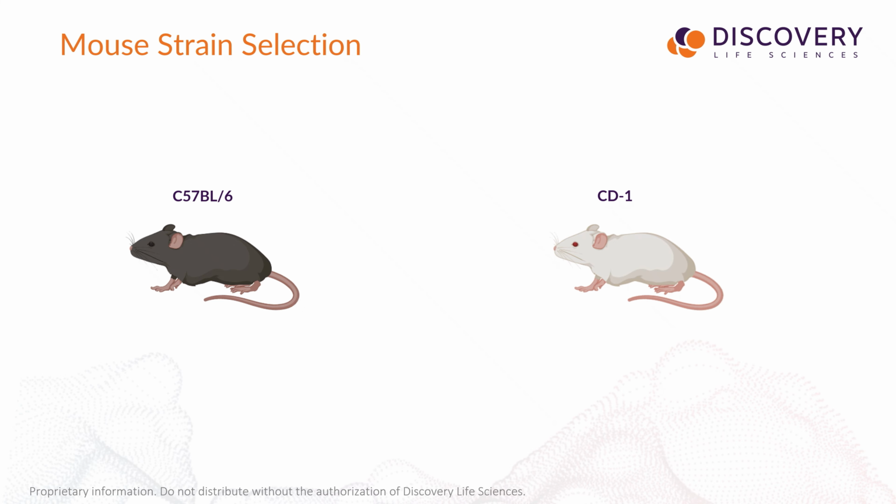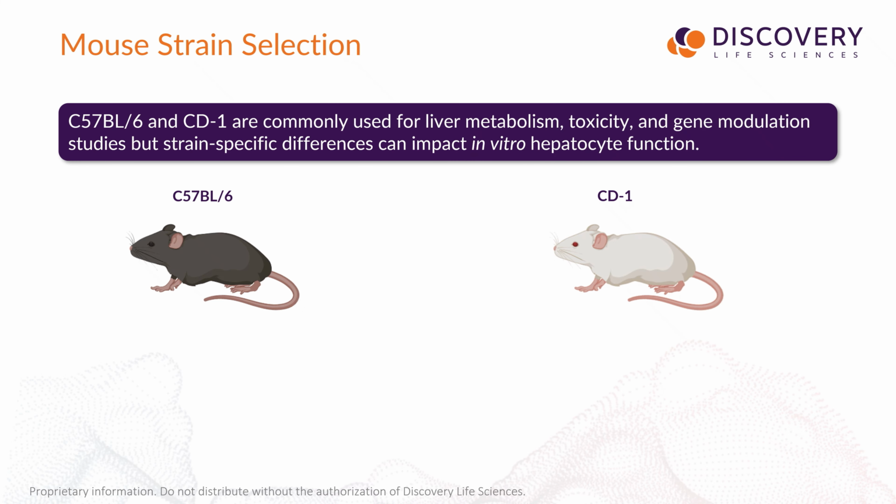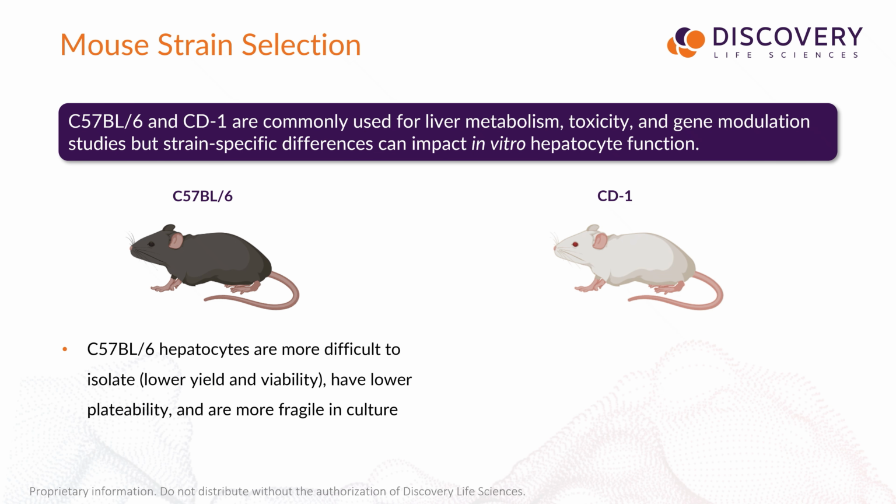Primary hepatocytes can be isolated from various mouse strains, with C57BL6 and CD1 among the most commonly used for studies involving liver metabolism, toxicity, and gene modulation. Each strain exhibits distinct genetic backgrounds, immune responses, metabolic profiles, and disease susceptibilities, factors that can significantly influence hepatocyte function in vitro. In gene editing application,